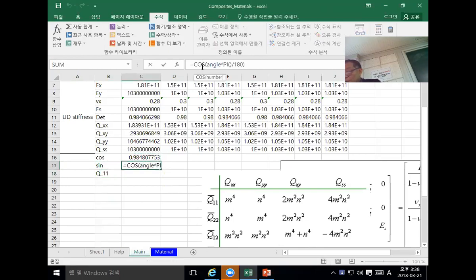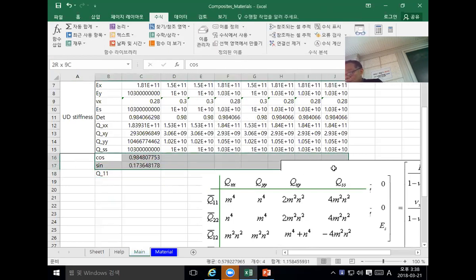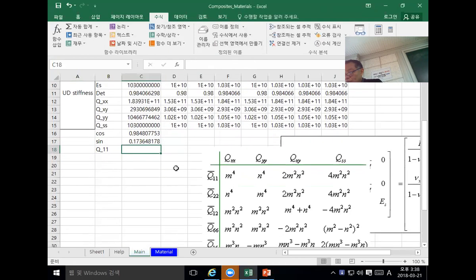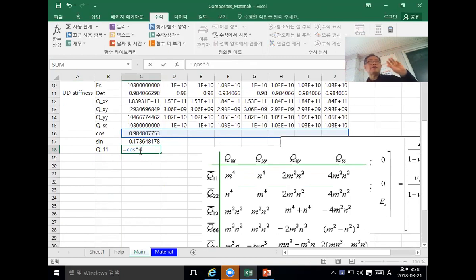So this one will be a sine. So we name these rows, and now Q11 is simply equal to what? Cos to the fourth power over 4, right? See, I use cos instead of M, because just one character for a name is not good. So I use the cos, and multiply what? Q